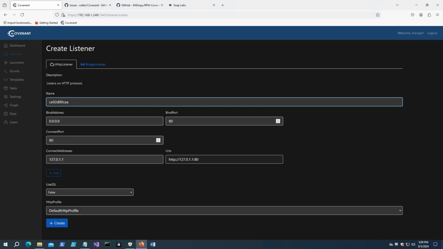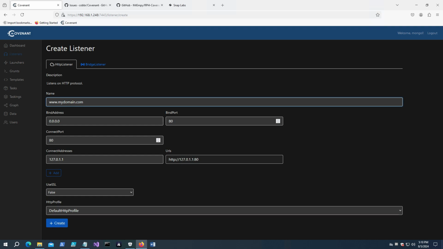What you'll notice here is that the name is very random, and this can be hard to remember, especially during a pen test with everything that's happening. So you probably want to use something more intuitive here. When I've worked with this, I use just a domain name. This would be your domain callback, so your Grunt will be using this domain to call back to. So you want to use something like www.mydomain.com,